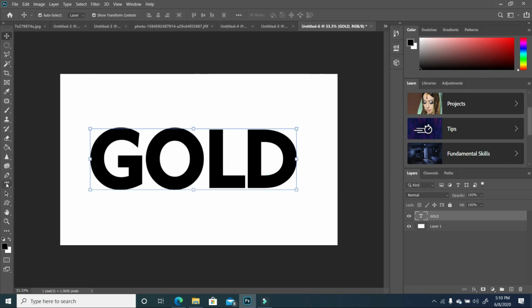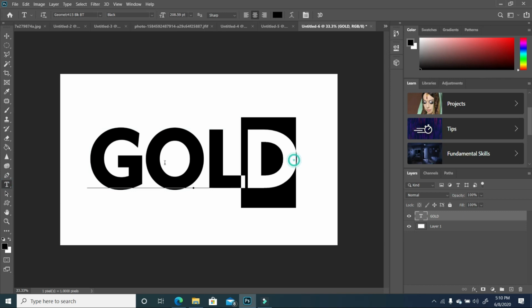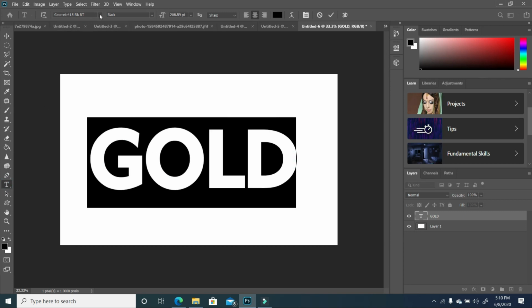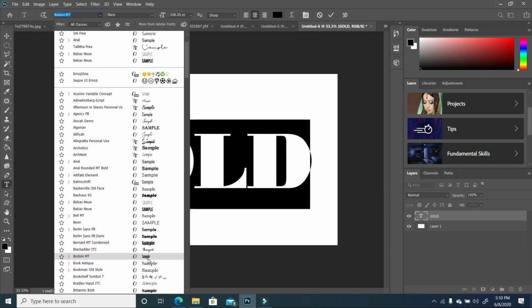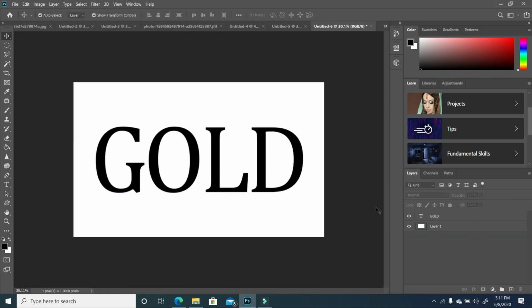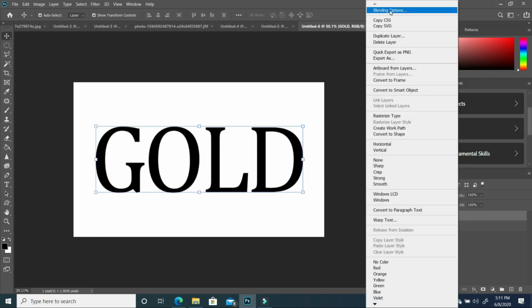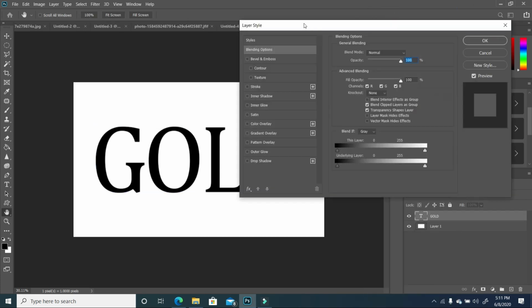And double click, deselect. I'm going to highlight this, and I'm going to choose a different font style. And now you want to click on your layer, go to the blending options,